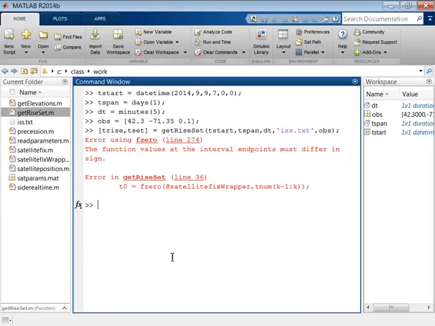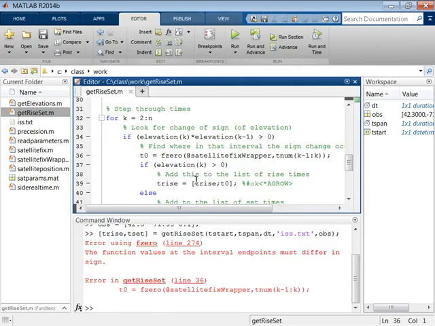The error produced when calling getRiseSet indicates a failure on line 36. You can click the error message link to be taken directly to that line in the editor. At this point, you might wonder what the values of t, num, and k were that caused this error to